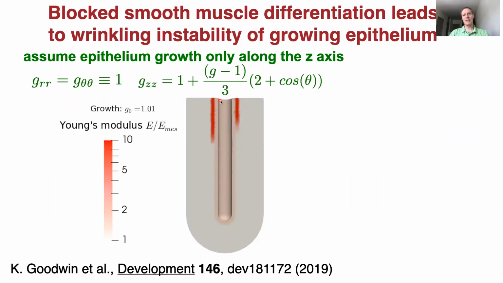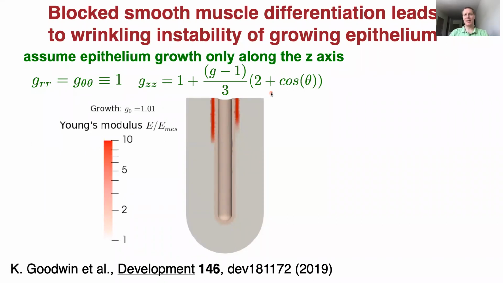So here the color shows the stiffness map. The red are the stiffest, the smooth muscles, so these are the initial locations of smooth muscles. The gray is the mesenchyme, and the pink is the epithelium. And here, for simplicity, we only assume that the epithelium is growing, and the mesenchyme is not growing. This is an approximation because both are growing, but what really matters is just the relative growth of the epithelium